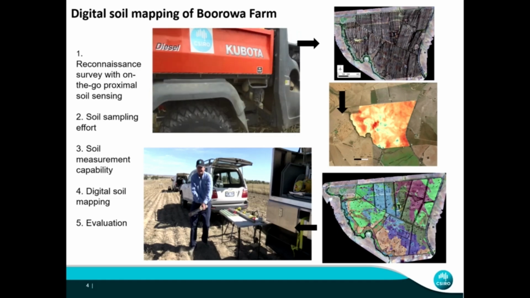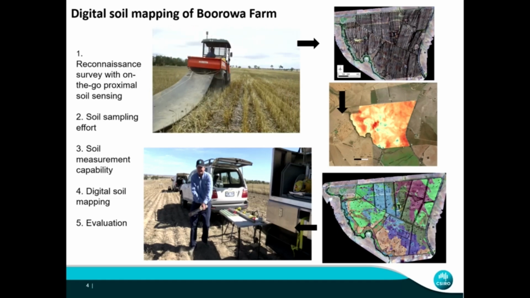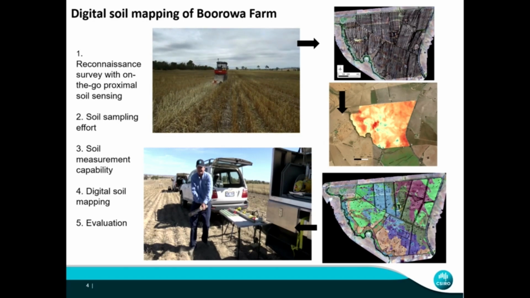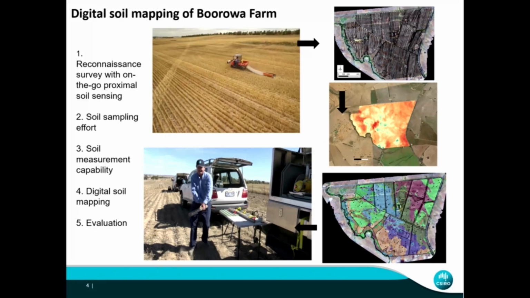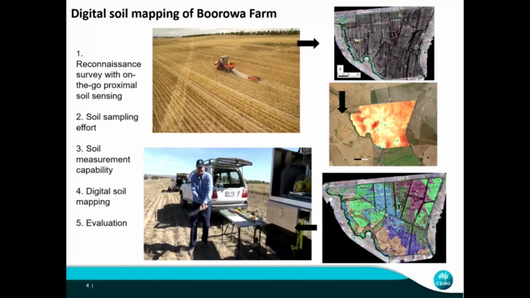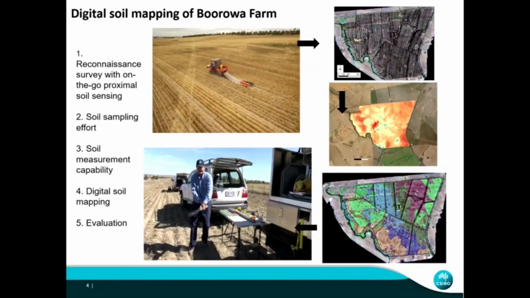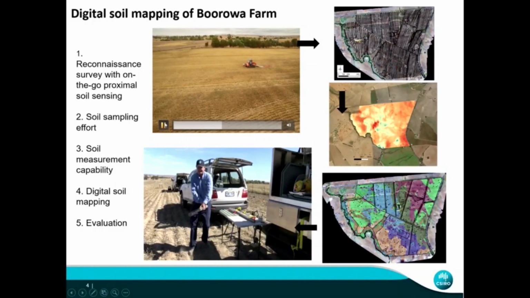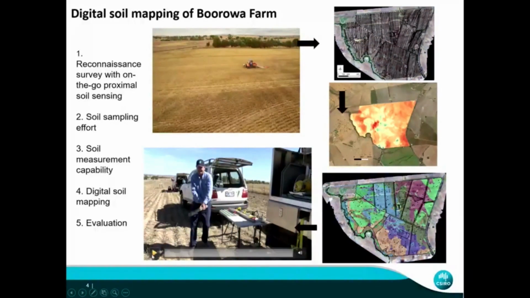So once we've got that information, we use this proximally sensed data to come up with a sampling plan across the farm, and that data guided our sampling, just taking soil cores. And I'll stop that video. And these soil cores,